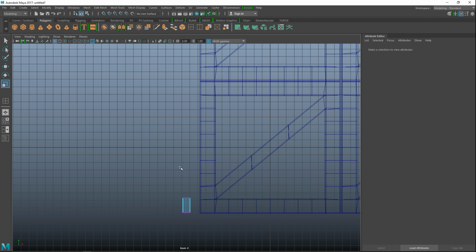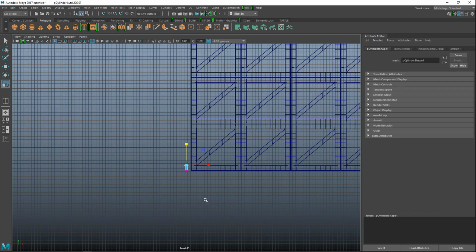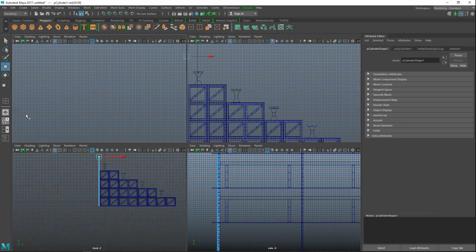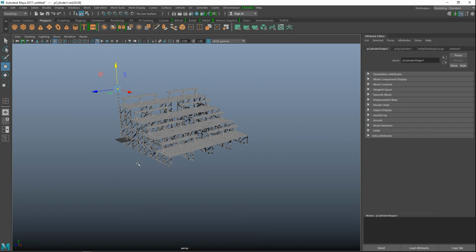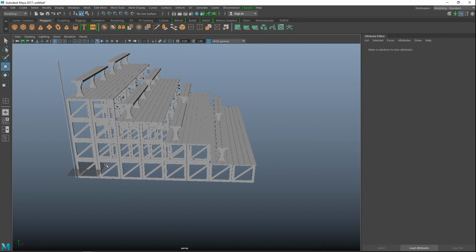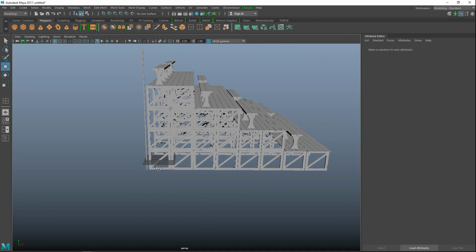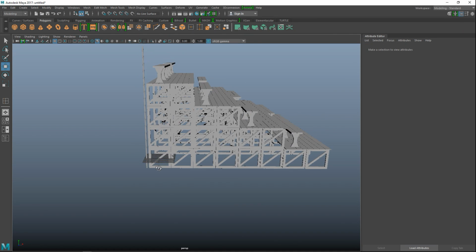Okay, we're gonna right click on a vertex. We're gonna drag select the top here. W to pull that up to about there, like so. That seems to be okay. Good, good.